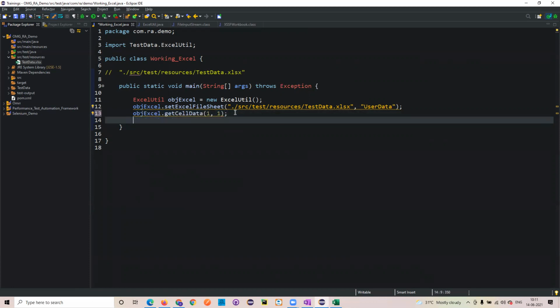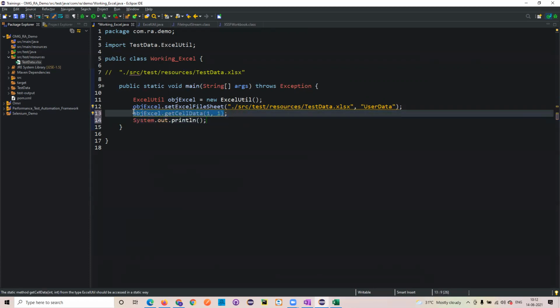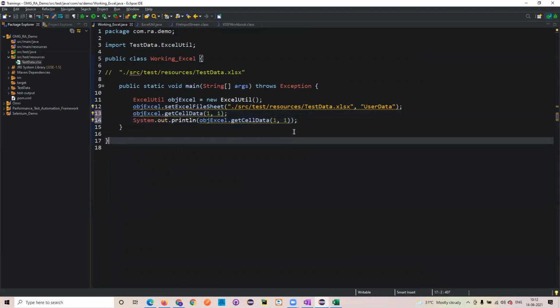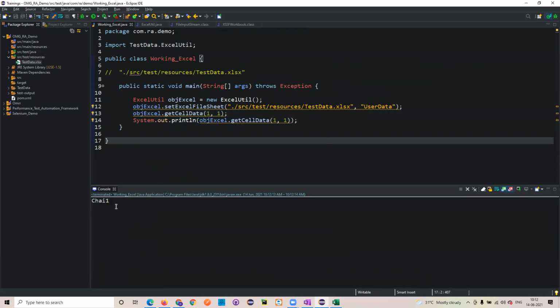It should print chai 1. Now SYSO. I'll pass this, and copy this particular value into this print statement because I wanted to see what value it prints, right? Now I'll execute this particular program. It was printing me chai 1.